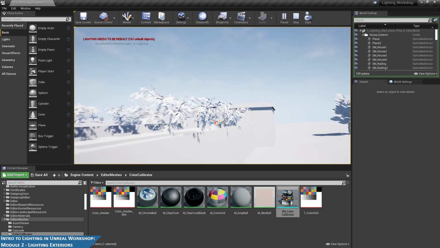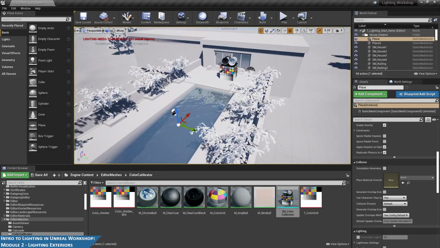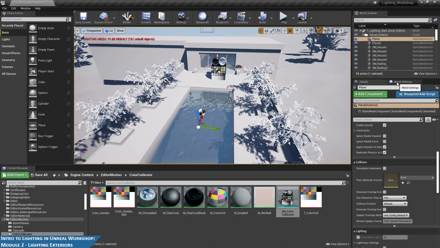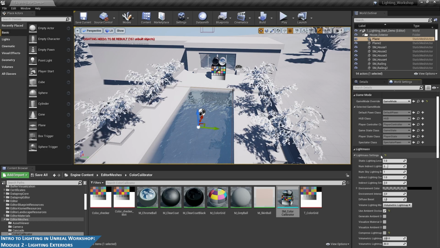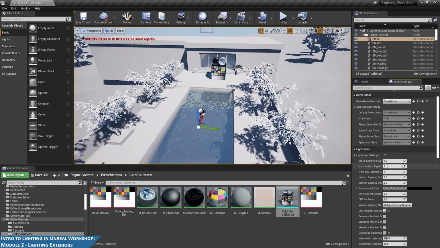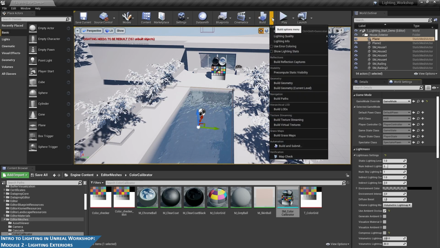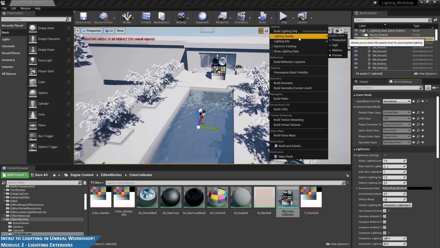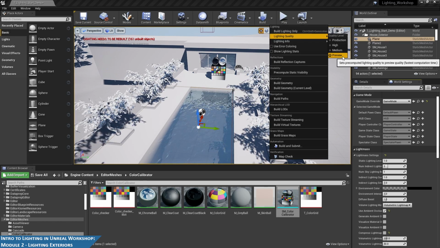So what we're going to do now is just kind of bake the lighting. Okay. So like I said, to prepare for the bake, we go here to world settings, light mask settings, and I just set all these top ones to default. And then you can go to build and make sure your lighting quality, I made sure to do this before it went up, is set to preview. Okay, this is the setting or the preset you want to use as you're iterating, updating, and changing things. Okay, so we set that to preview,